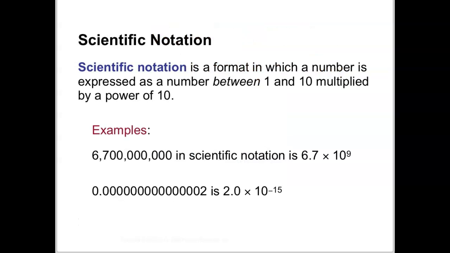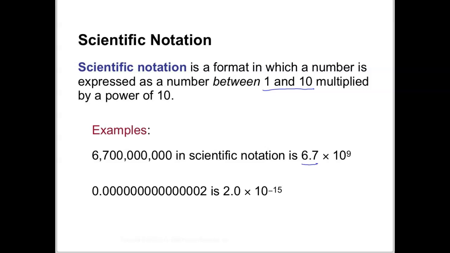All right, so scientific notation is just a format in which a number is expressed as a number between 1 and 10. So the initial number has to be a single digit between 1 and 10, a single digit, I guess, whole number part. It can have a decimal, but it's a number between 1 and 10 multiplied by a power of 10. So 6,700,000,000 could be expressed as